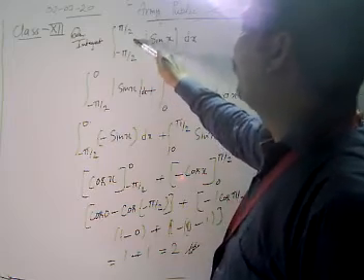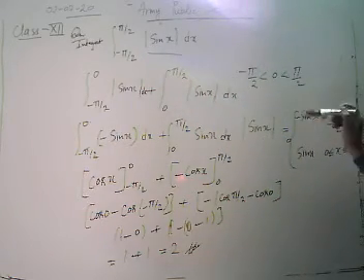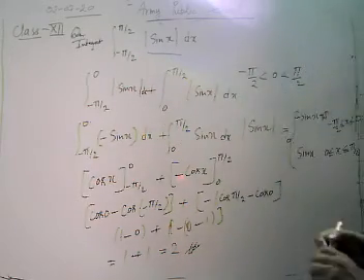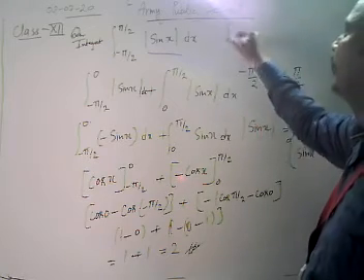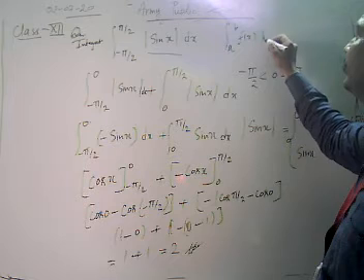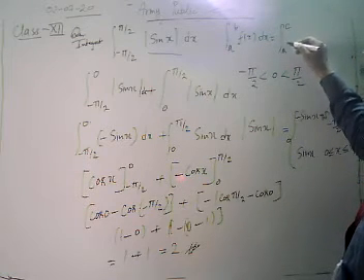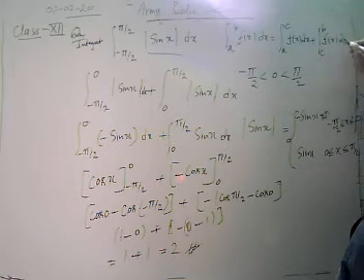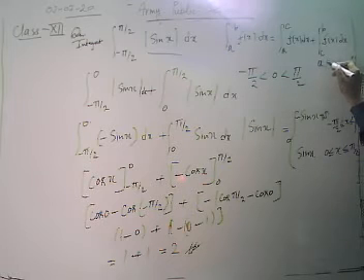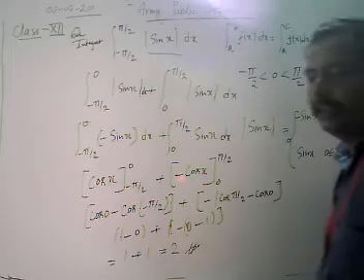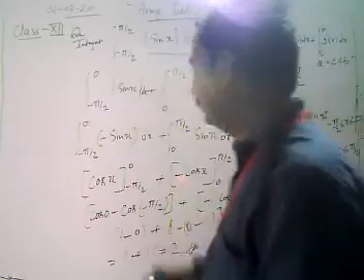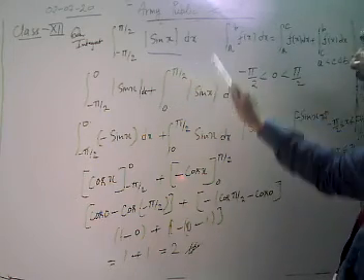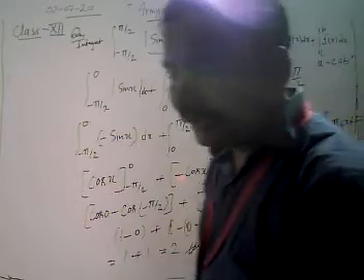In the integral of mod of sin x over minus pi by 2 to pi by 2, we take 0, which lies between minus pi by 2 and pi by 2, and split into minus pi by 2 to 0 and 0 to pi by 2. Which property do we use? The integral from a to b of f(x) dx equals the integral from a to c of f(x) dx plus the integral from c to b of f(x) dx, whenever c lies between a and b. So the value of the integral is equal to 2. Now we move to our next problem.